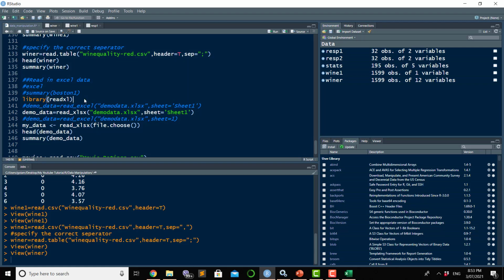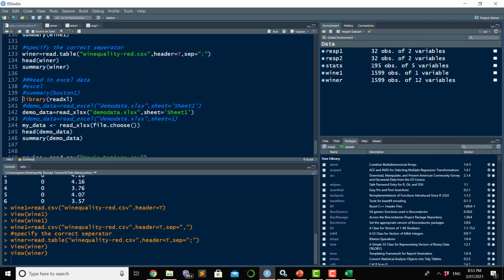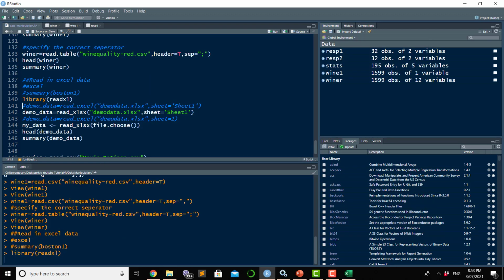So I have an Excel file called demo data.xls. Let's see the file. This is the file, demo data. This is the Excel file on my hard disk. To bring that file, you have to run this line first. So I ran that line, library(readxl), and then to bring the data file,